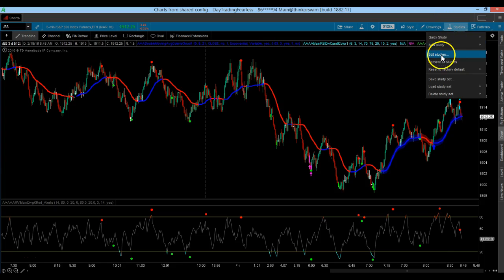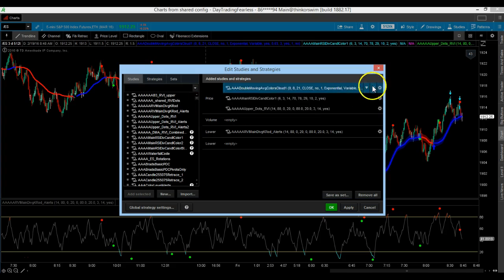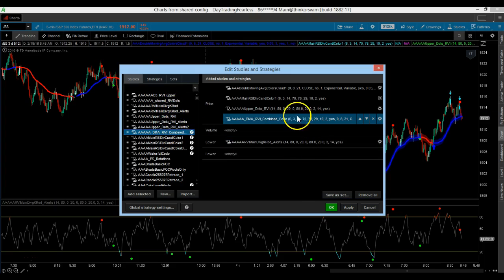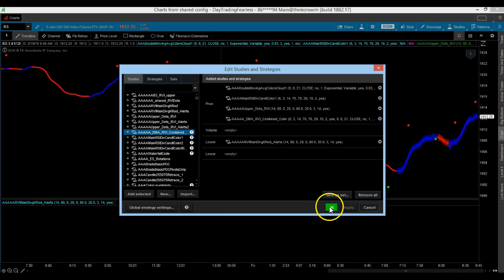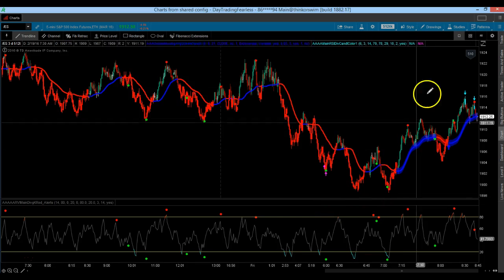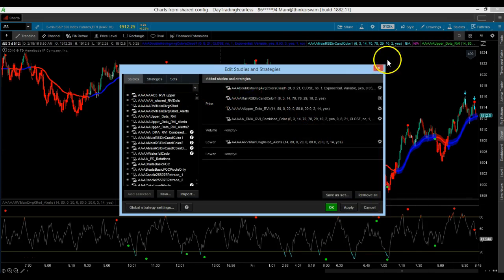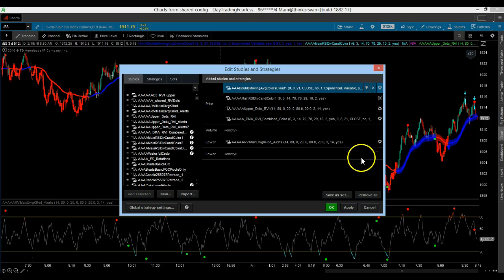Okay, and what I'll do is I'll actually send you a second chart with that code, which is going to be this code right here. It's DMA, double moving average, with RVI combined. And what that'll do is it'll actually color it. Okay, and if I take out this